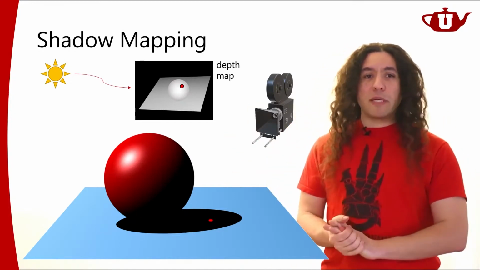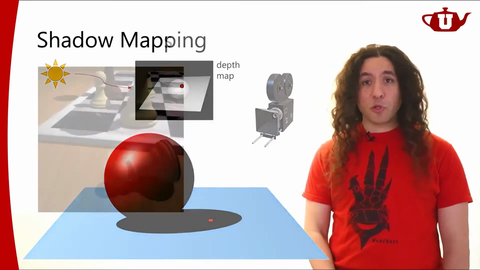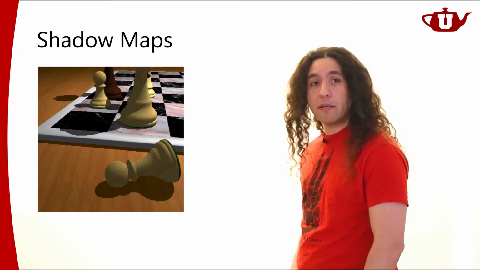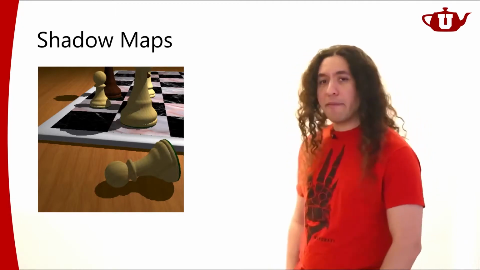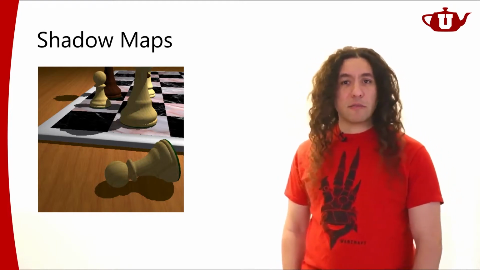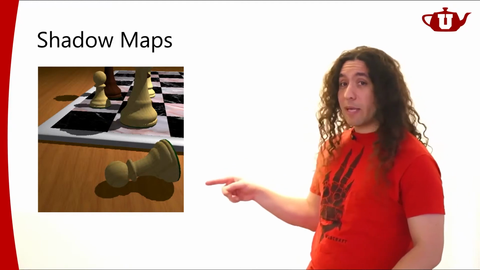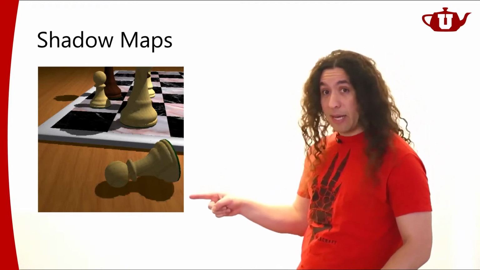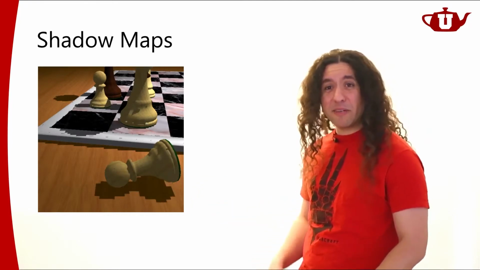Now, one problem with shadow mapping is going to be related to the shadow resolution. So if I have, let's say, a scene like this, and you have a nice shadow down here, oftentimes what happens is that I may not have enough shadow map resolution. Instead of getting a nice looking image like this, I might get something that looks like this. Not this, but this. It's kind of pixelated, not looking very good.